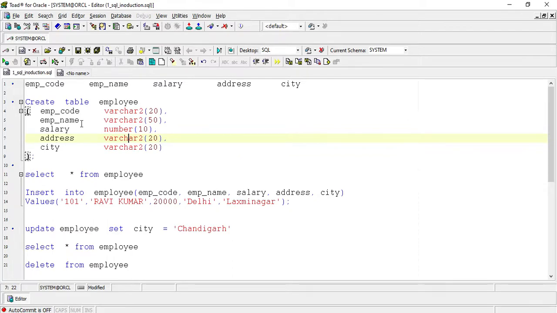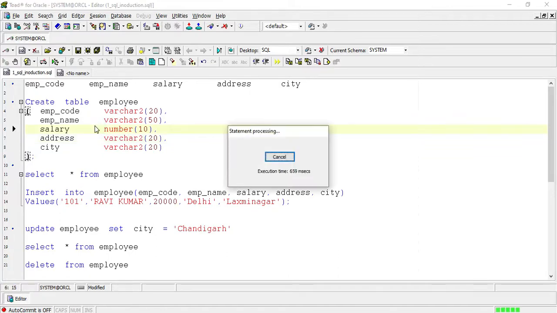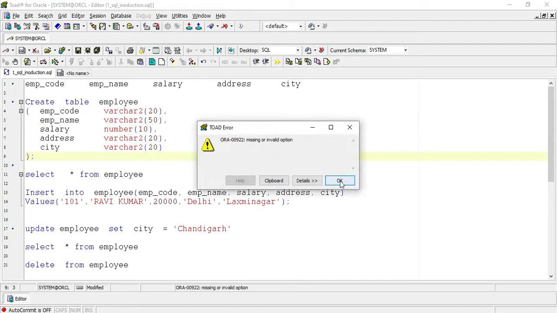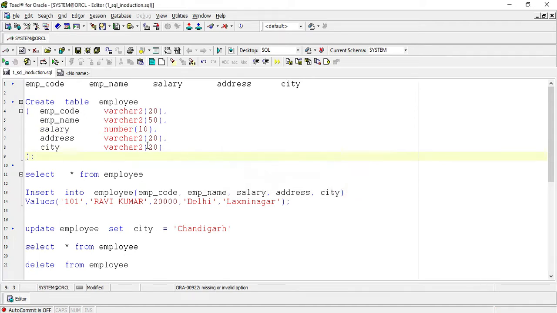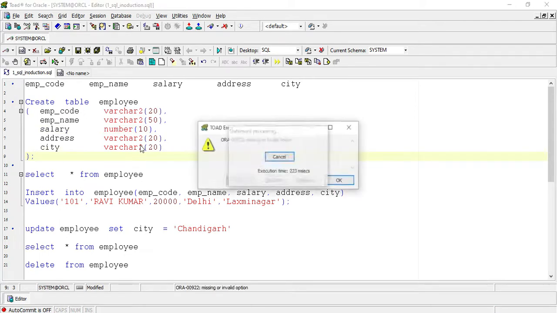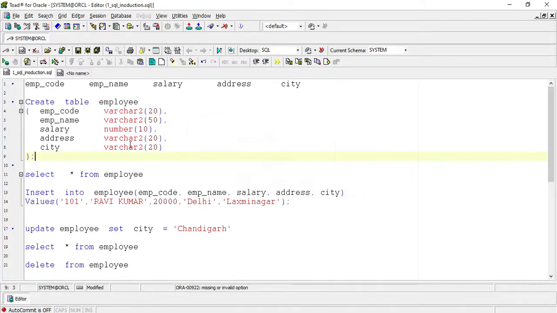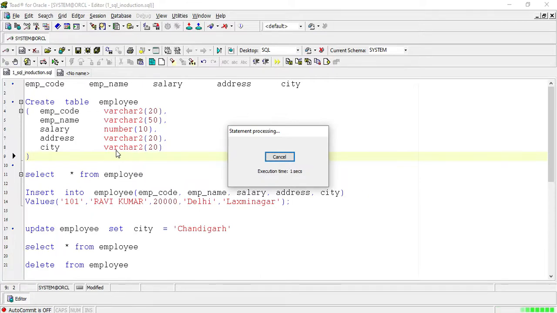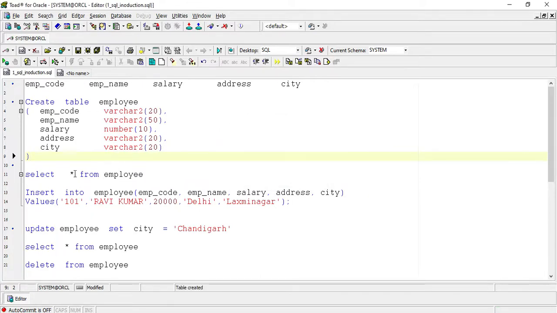Now I am running this command. Now the table is created. So I am using a select command, select star from employee, to check whether the table is created or not.